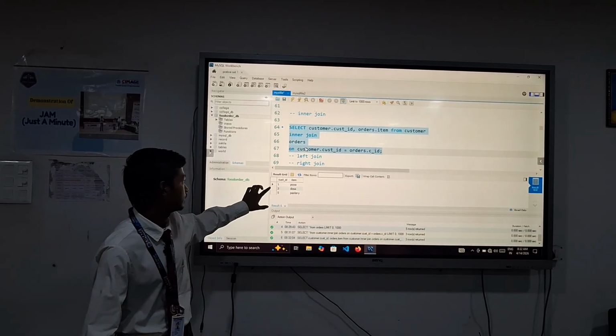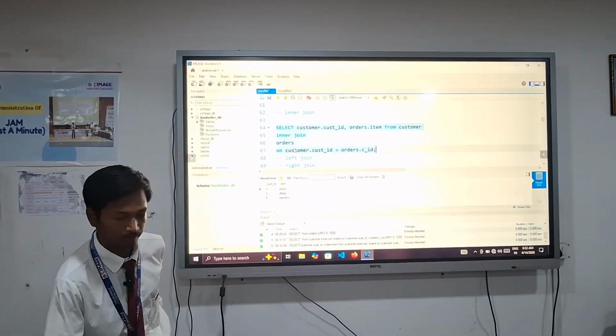So here it represents only the customer ID and item name.